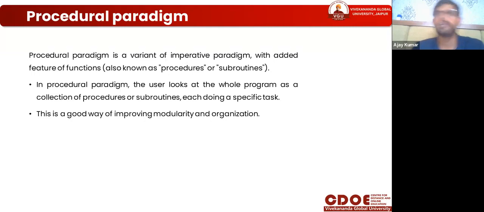So our program is broken down into steps, called procedures or subroutines. This is a good way of improving modularity and organization. When we want to change something, we just put in another subroutine and we can work on that. So there is no problem.